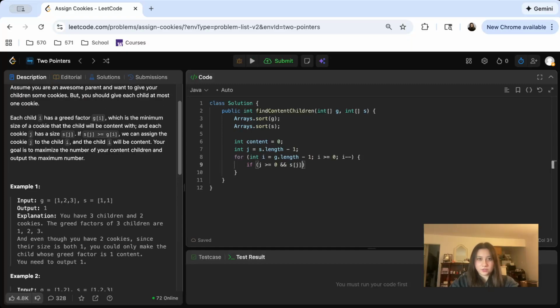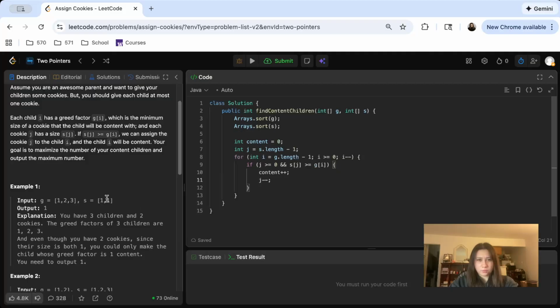If that's the case, the cookie will satisfy the child we're currently at, so we can increment our number of content children. And then we decrement j, so we'll say j minus minus,